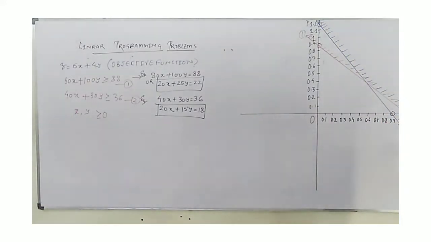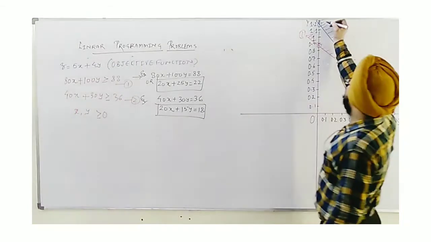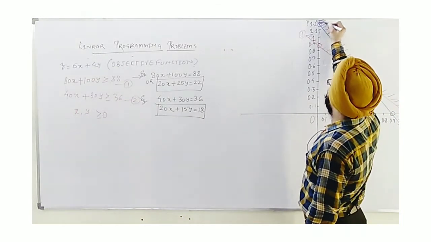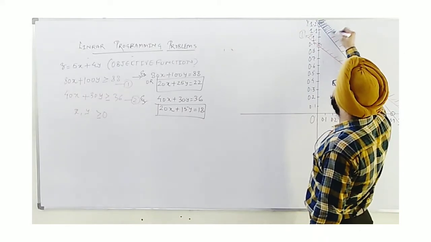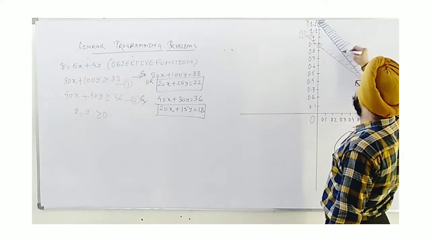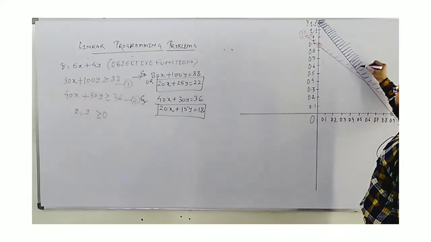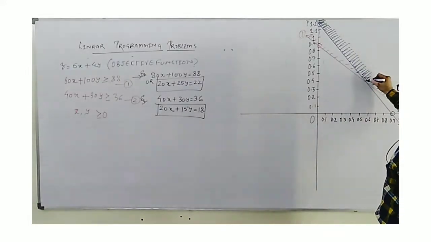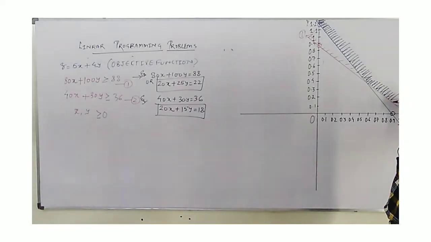Now as we see, I need to find an x and y, obviously greater than or equal to 0, which means first quadrant. Both lines' shading is going opposite to the origin. Whenever such a case appears, the required shading region will be this one. The commonly shaded region we have obtained is this one, and this is an infinite region. This is the first thing about it. Second, this is also not a bounded one.